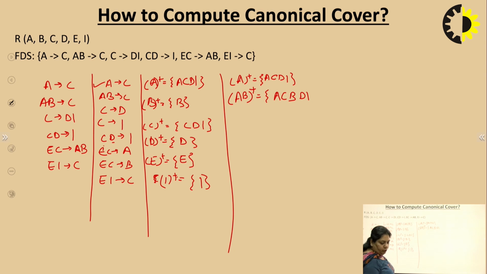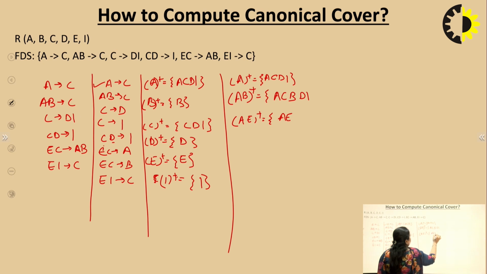Now what we have to do here, one thing is more, that we are not having E in the right hand side of the functional dependency. So we have to take E essentially here. First of all, see what the attribute is not on the right hand side of your functional dependency. So take that also. So here AE, what you are able to determine? A, E, C. From C we are able to determine D, I, and from EC we are able to determine B. So we are having all this.